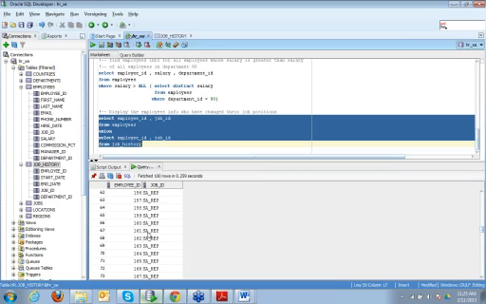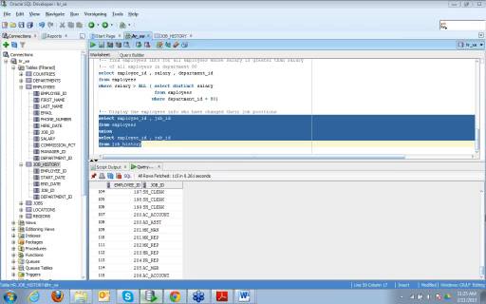And if you see here, it won't show the repeated values, but it would show some employees whose job titles have changed. So let me see for all.